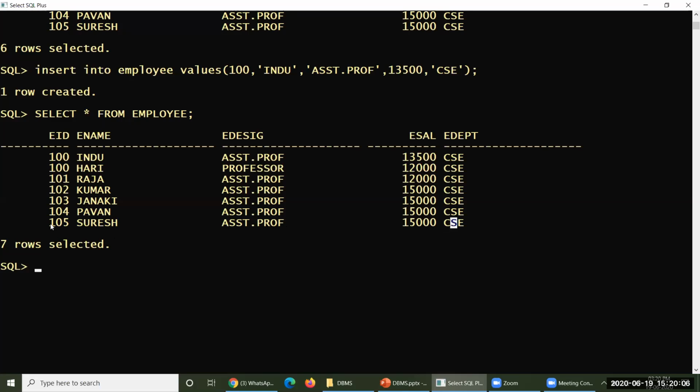Look at this. Employee ID is very, very important, and employee name might be important. Sometimes it might be, sometimes it might not be. Position has not been declared yet, so it is not important to enter at this moment. Employee salary is also not decided, so it's also not important to enter at this moment. If you omit this value or that value, there is no problem at all.